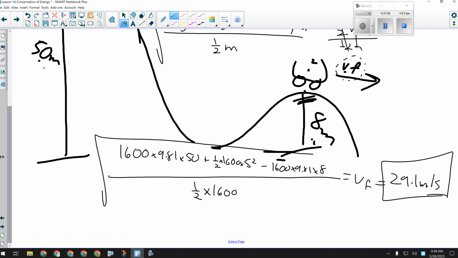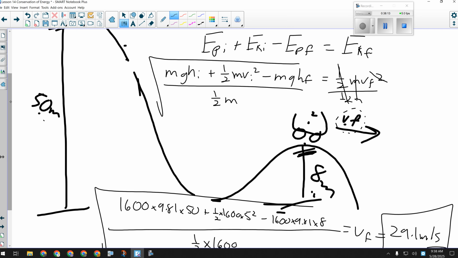Are we always just trying to look for final velocity or final height? Well, I could set it up so you solve for initial speed or initial height, but yes, you're solving for a height or you're solving for a speed. That's what these are going to ask for. Occasionally, you'd get one that would stop at this step and ask you what's the final kinetic energy. Then you would just have to do all of this without square rooting. You just have to go this plus this minus this and you'd have it. I don't typically ask about it. I typically want the speed or height.